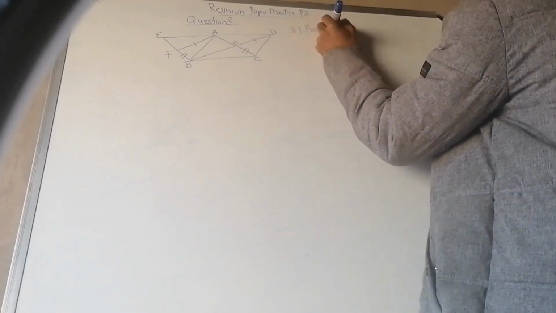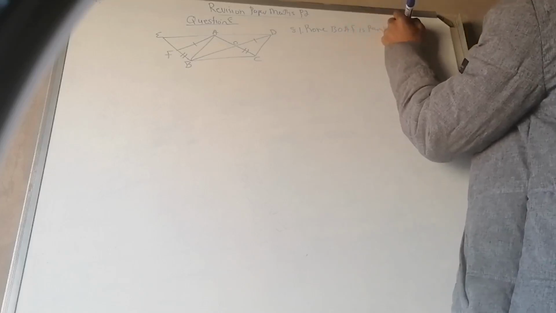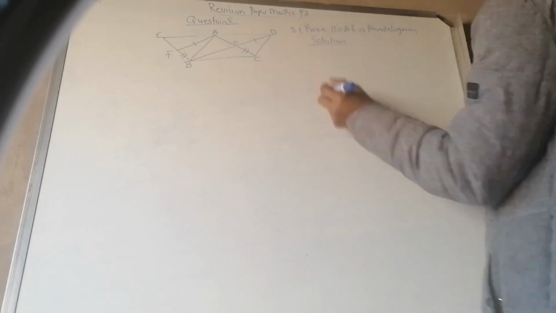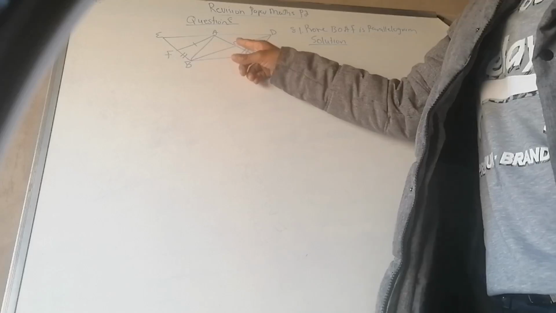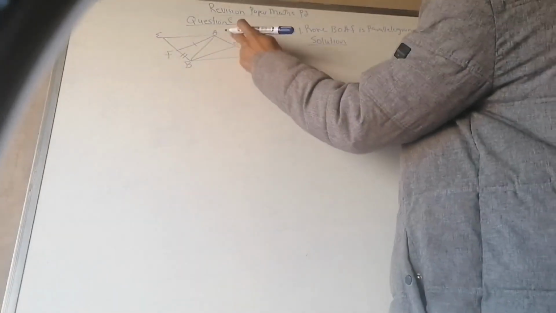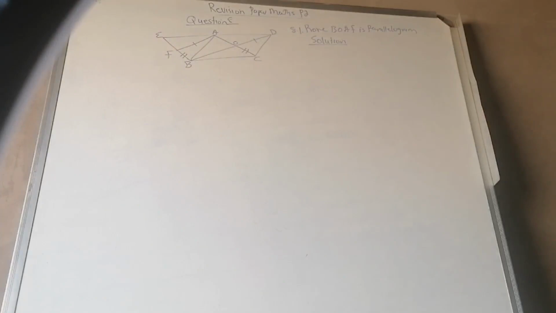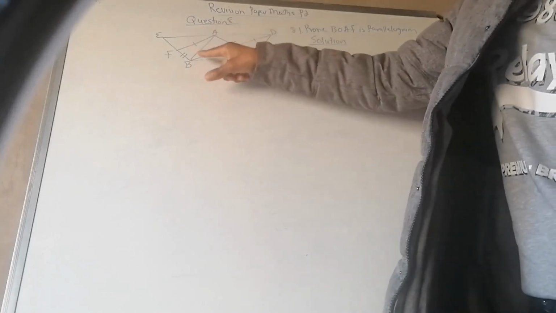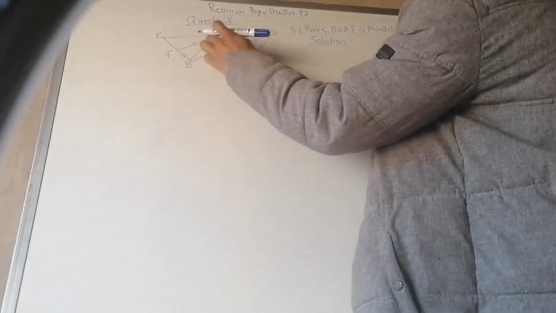Prove that BOAF is a parallelogram. We want to prove that BOAF is a parallelogram. We had a dotted line in the previous example, so if this is a parallelogram,